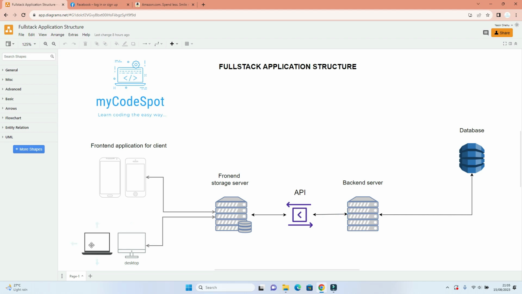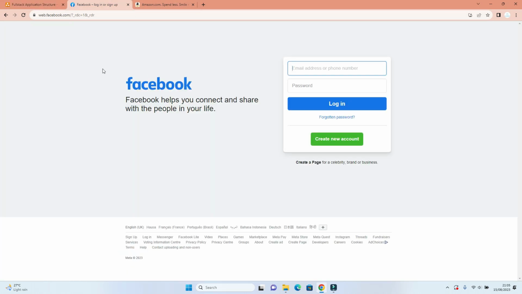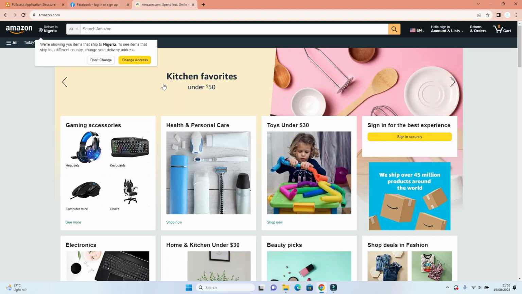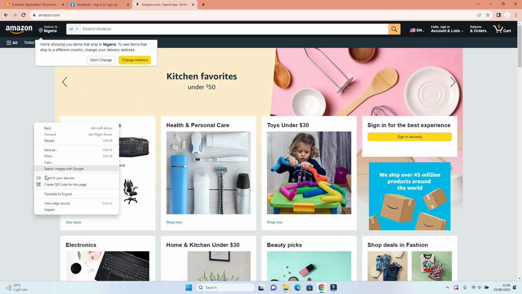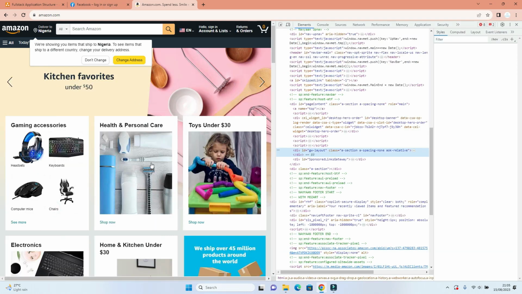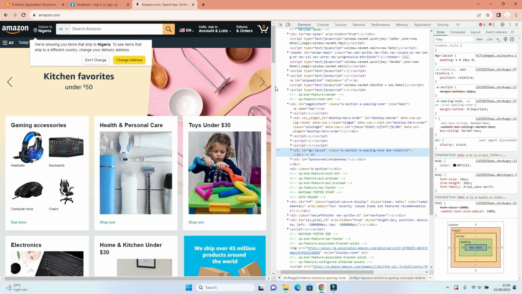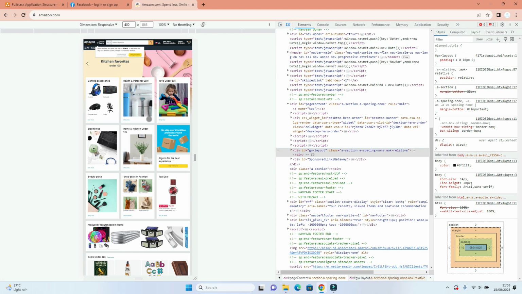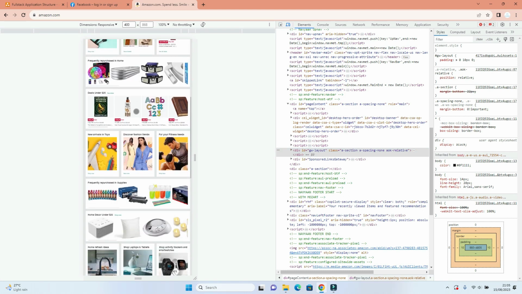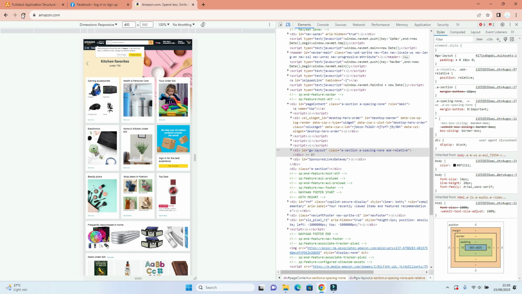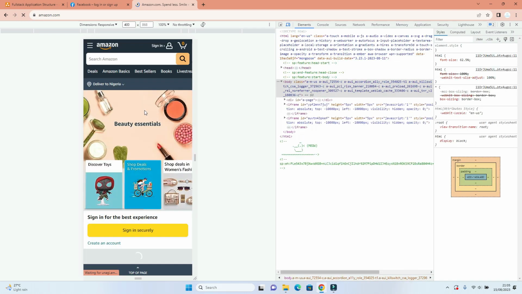Now another concept that is very, very critical in web development is building a responsive web application. Now what do I mean by responsive? Now we are accessing the site from a desktop view. You would see that it's quite elaborate, it's large. But then if I go ahead and make this look like a mobile, you see how the site will adjust itself. You see how the site adjusted itself, making it very compatible. So all this is responsive design, because most of your users